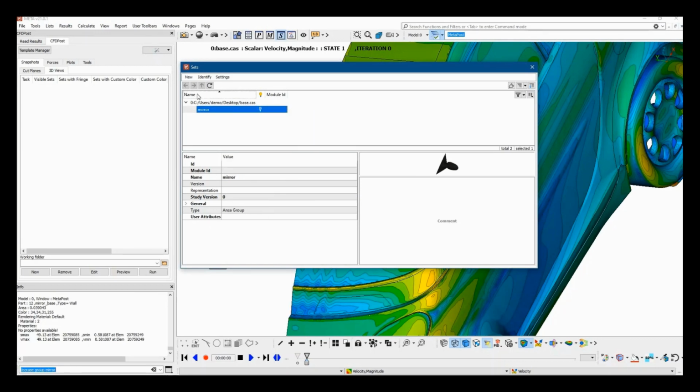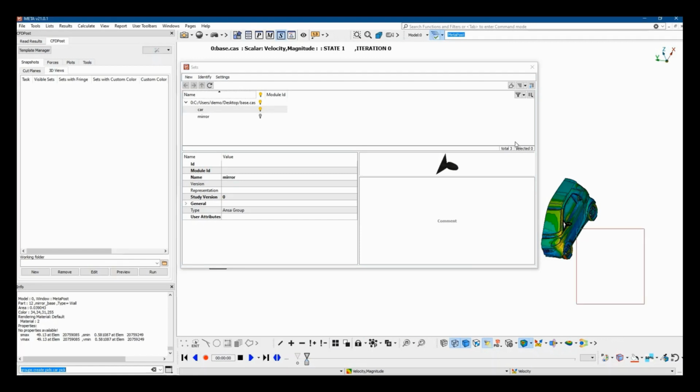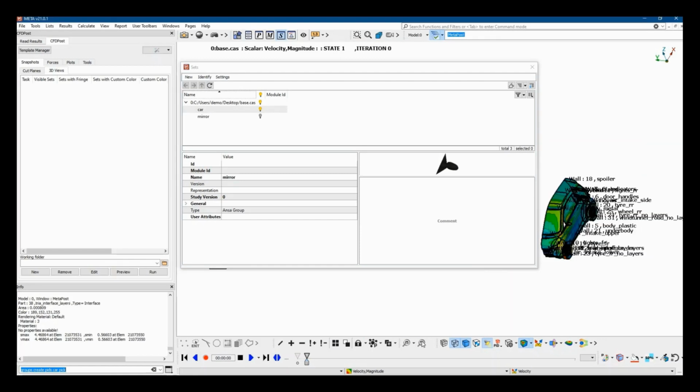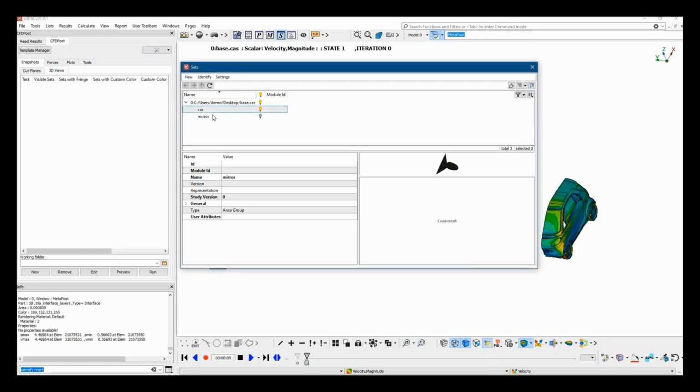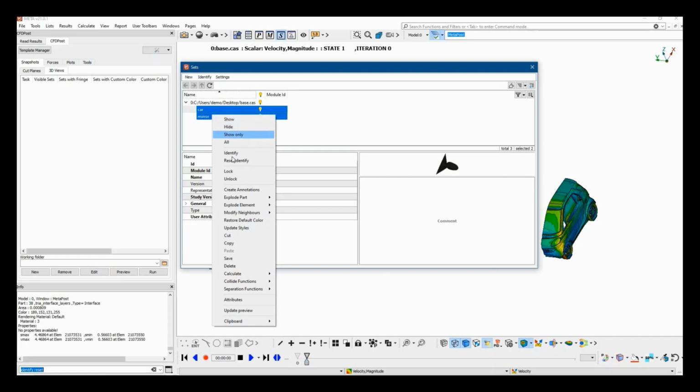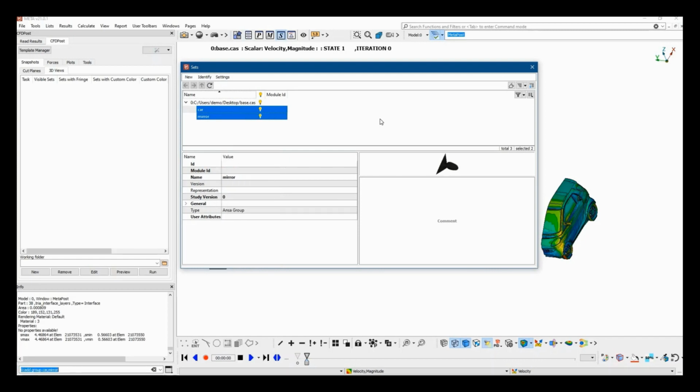Now I'm going to create an extra set for the rest of the car. Okay, and we can see that we have two sets, one for the mirror, one for the rest of the car.